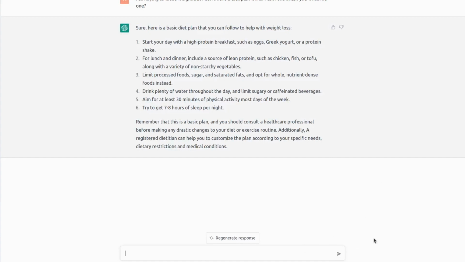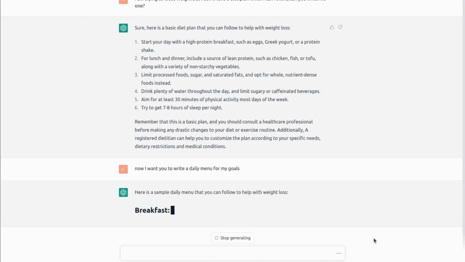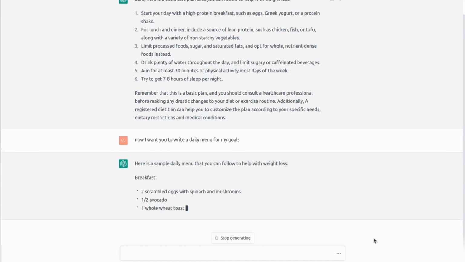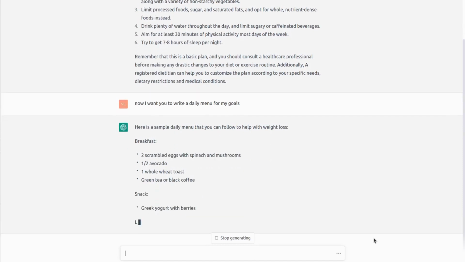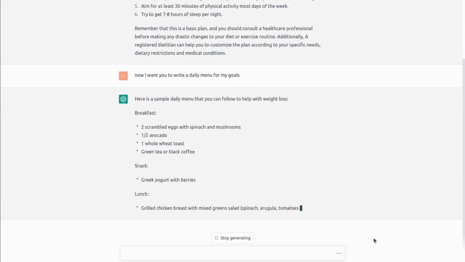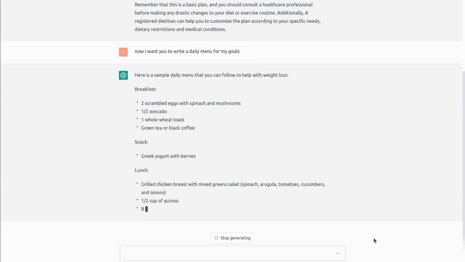We can say, well, can you give us some sort of a menu, what we can eat? And you can calibrate this request depending on your budget, product availability, or on the contrary, shortages. And also, maybe you are allergic to some kind of a product and you want to avoid this product by all costs. So here we can see that we have a menu for breakfast, snack, lunch, and snack again, and